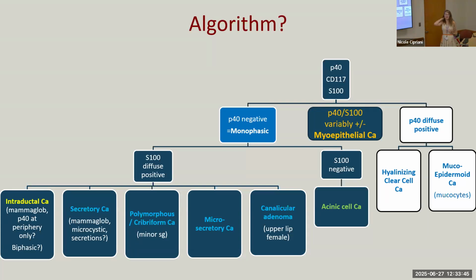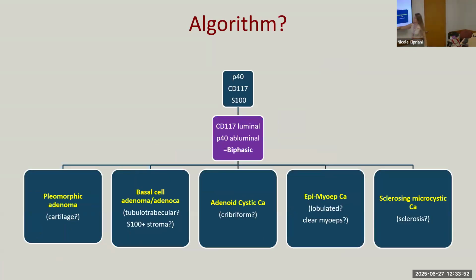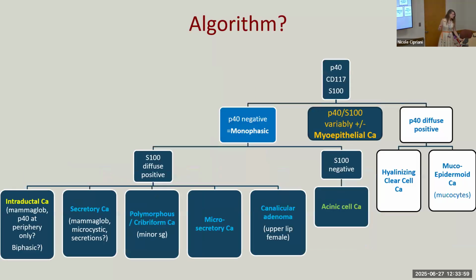We don't think that there are pure benign myoepitheliomas of salivary glands. They are usually either pleomorphic adenomas that are duct poor, that occasionally, very rarely, you'll find a duct, right? Or they are myoepithelial carcinomas that are deceptively morphologically bland. The problem with neoplastic myoepithelial cells is that they can express any or few or all of the myoepithelial specific